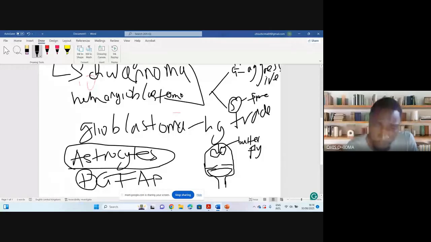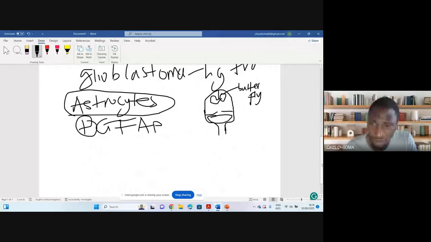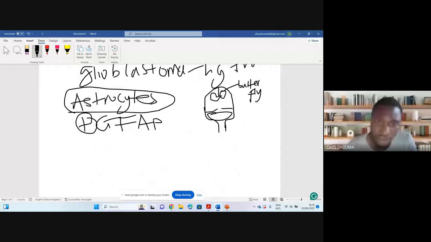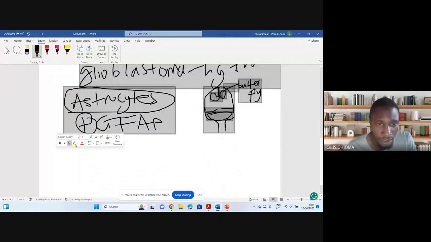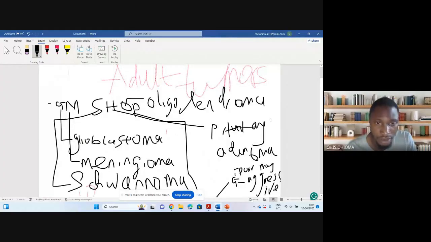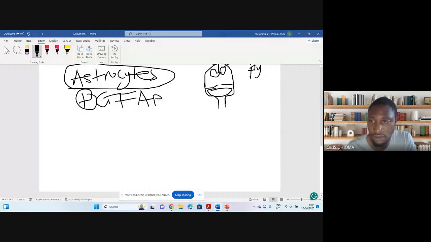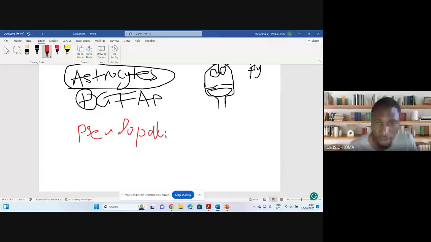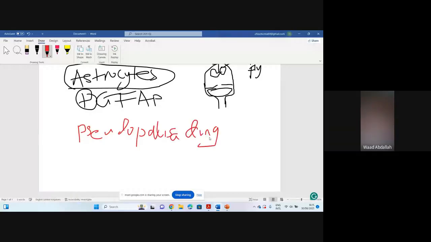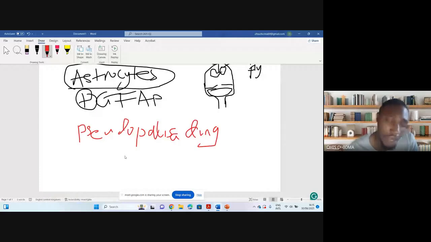The other high yield thing you need to know about it is the histology. How is it described basically? It's described as what we call pseudopalisading. So I'm going to explain what this pseudopalisading means, right? Pseudopalisading cells, right? So basically, what happens here is that I don't know if you guys have been to a